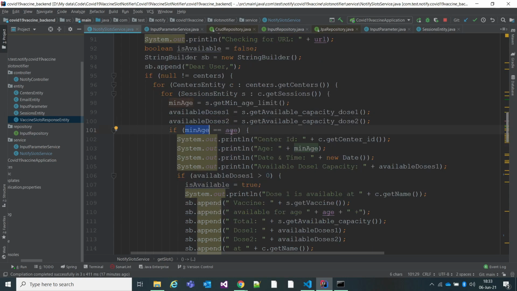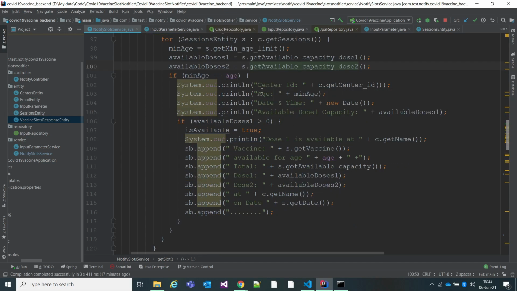And if the minimum age is equal to whatever age the user has subscribed to, if it is 18 plus or 45 plus, then go inside. This is just a sysout I have added for the session ID and all, and go inside this.